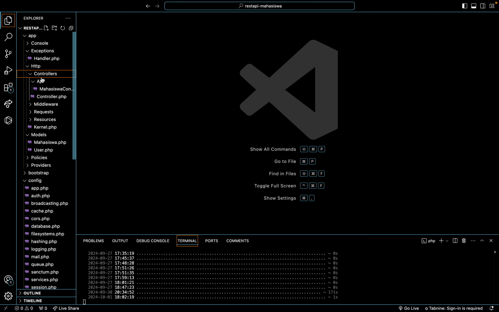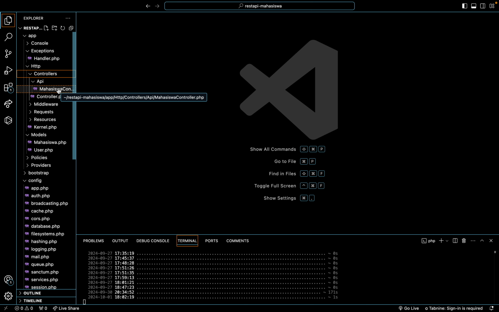Controllers. Before this the mahasiswa was in the controllers, and I just made manually the API folders, and then in the API folders the mahasiswa controllers.